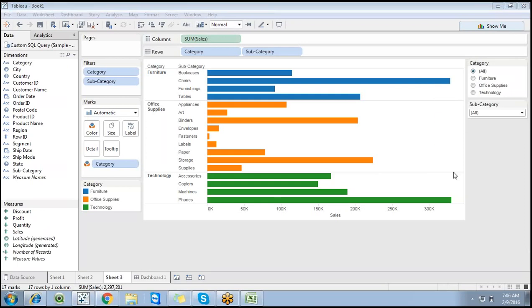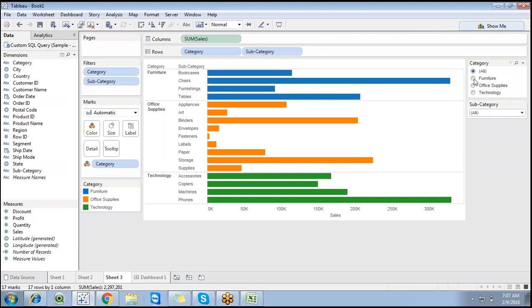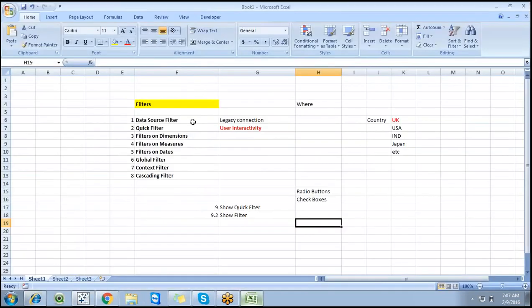It is pretty important, right? When you're working with any reporting, you have to be aware of drop downs, because they avoid space constraints. You can go with the space constraint, and it depends on the requirement. Clear, right? So this is a simple quick filter, and quick filter is used for user interactivity.